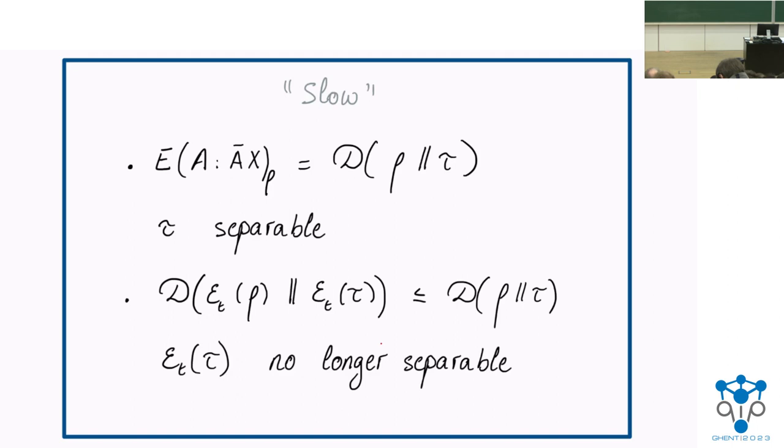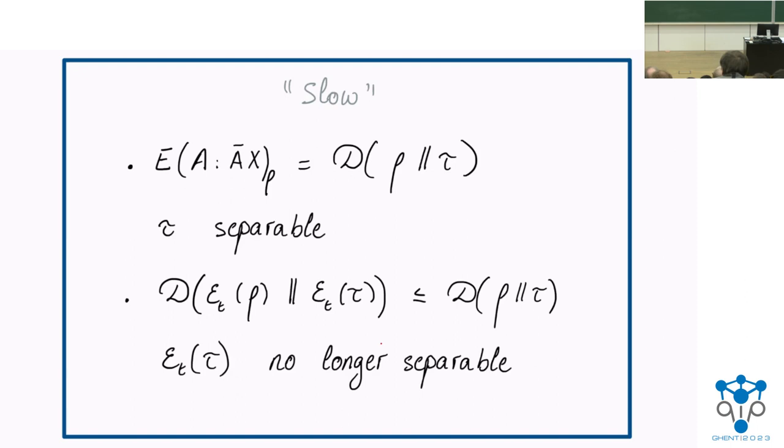We need to show that the circuit takes time to build up that entanglement. And now the definition of the relative entropy of entanglement is going to be crucial. So the way that the relative entropy of entanglement is defined between a system A and another system is the minimum, over all states tau such that tau is separable between A and that system, of the relative entropy. And the relative entropy has a nice property, namely it is monotone under CPTP operations.